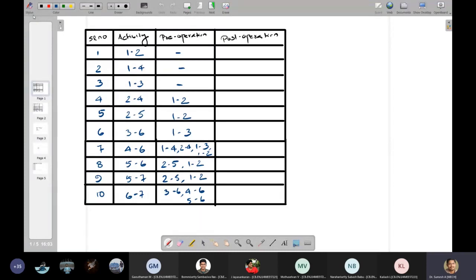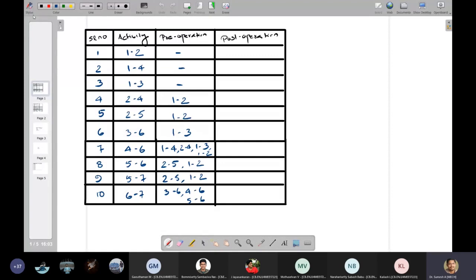Here, instead, the connectivity nodes are given along with the pre-operation. If you want, I can give the post-operation also, but to avoid confusion I have not put it. So let us see how to solve this problem.